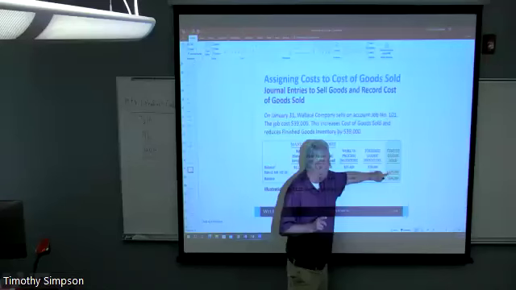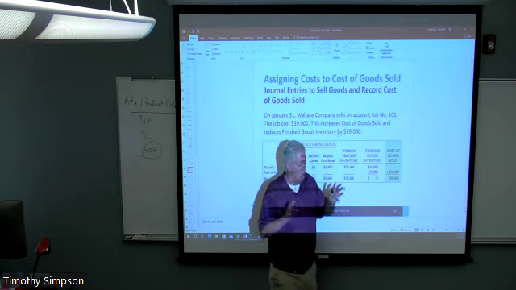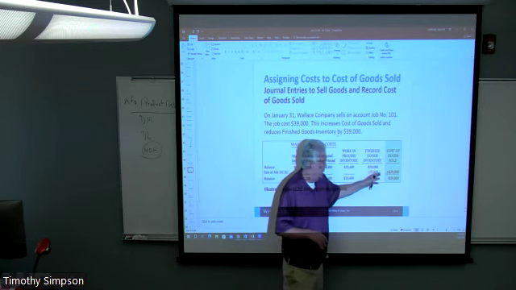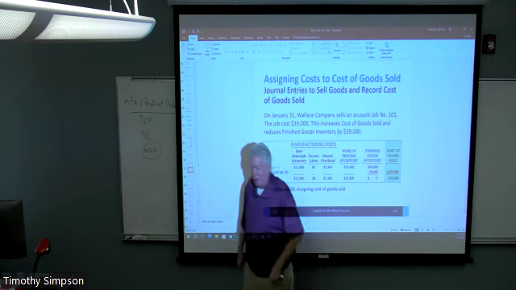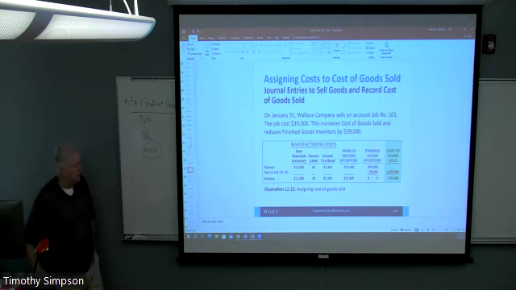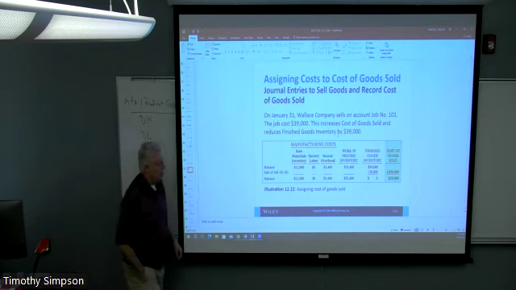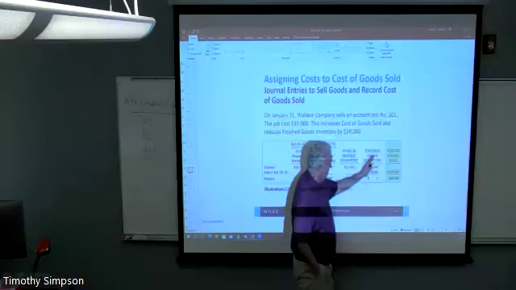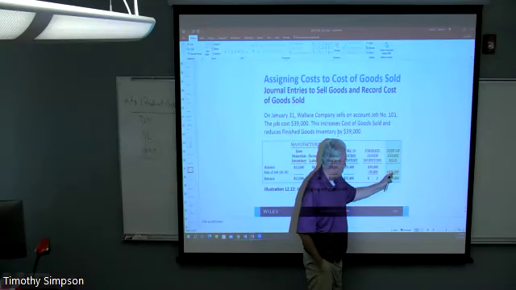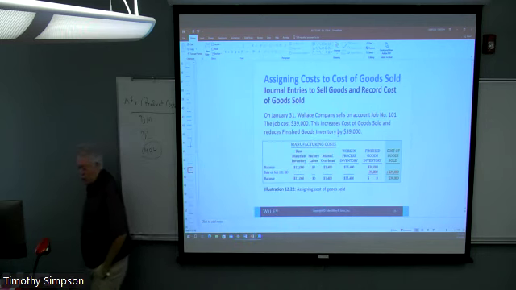And this differs from what? A periodic system where we would go back sometime after the fact, at the end of the accounting period, and say, okay, this is all what we did during the year. And we are going to go back now and find out what the cost of goods sold are based upon all these things that we've done. It doesn't work, and it's not desirable in a perpetual system. Job order costing sort of cries out for perpetual inventory accounting that is capturing in more or less real time what the cost of inventory is. And then when that good is sold, taking it off the balance sheet and reporting cost of goods sold right away. And so we say it's more or less in real time.